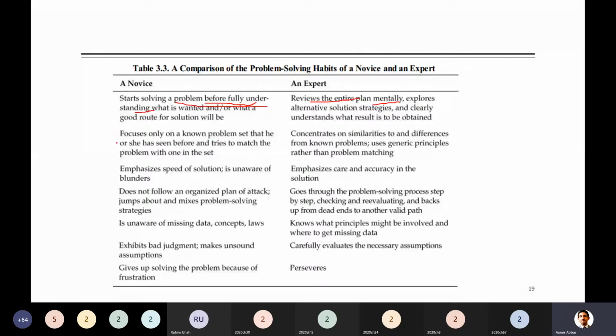What does this mean? For example, someone solved only 5 problems related to material balance, and now when he or she gets any problem, he or she will start comparing this unknown problem with those problems which he or she already knew. So if they find some match, they will start solving. Maybe that's wrong or right, they don't take care.